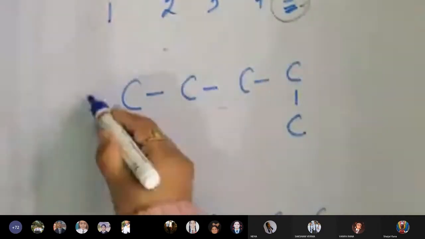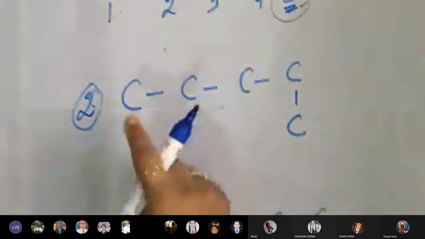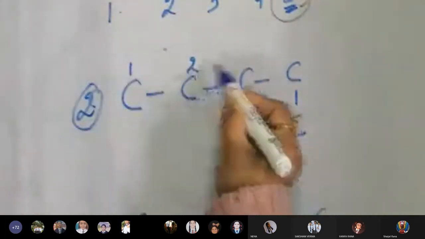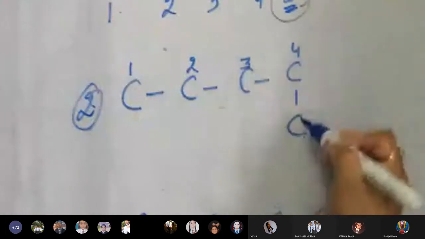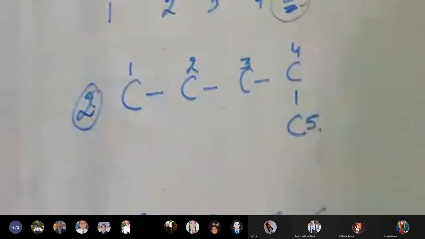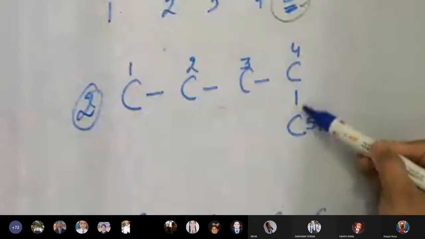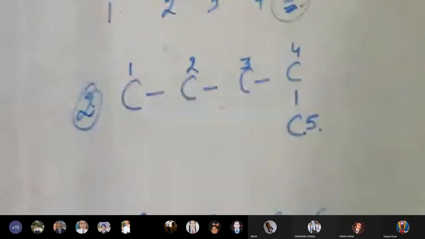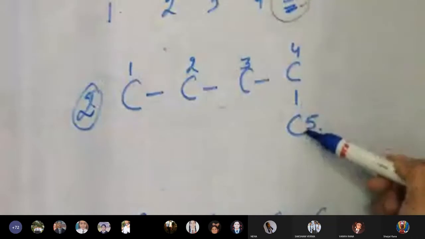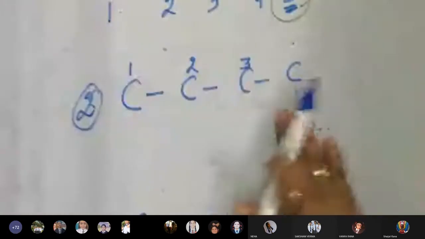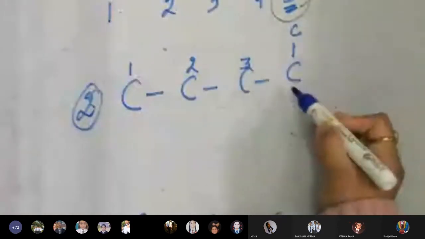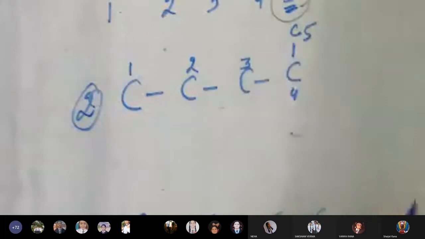Come to the second example. I'll mention it as second. Now here you can move 1, 2, 3, 4, and you can move downside. No problem in that. Why? This is also continuation of bond. I never told you that the bond should be a straight line. It can be branched. This carbon, if it is down, you have to count that. If I mention this carbon upside, then also it is 4 and then also it is 5.